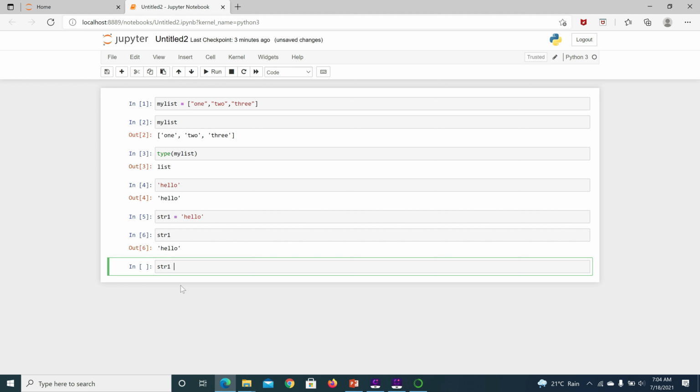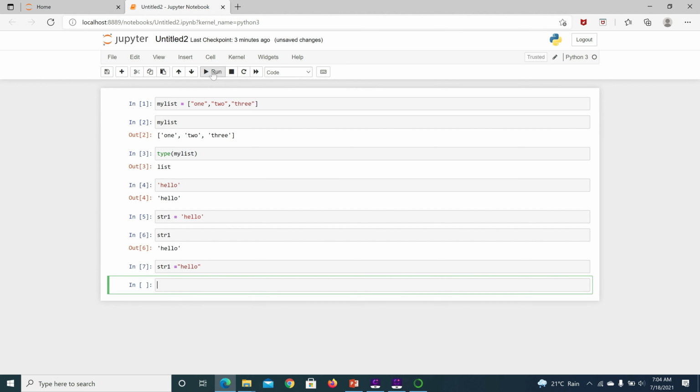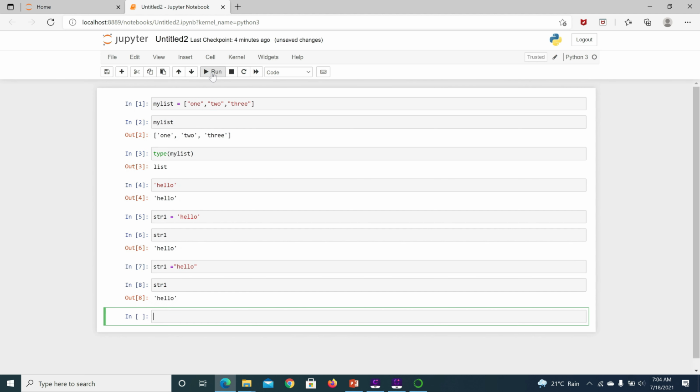Str1, within double quote I'm giving hello, executing this. Now if I call string 1, it will print hello, the same result.